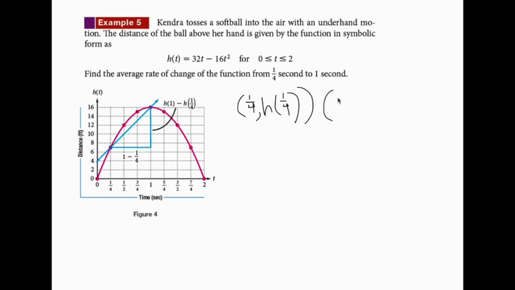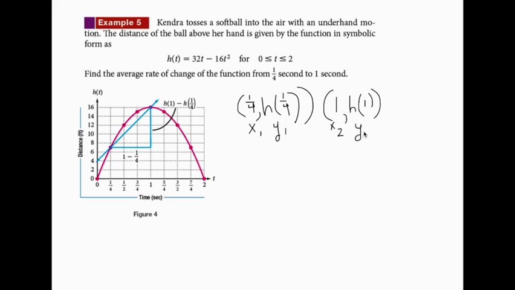Our second ordered pair, we start with our input or our independent variable as 1, and then our dependent variable or the output is h of 1. This is going to be like our x1 and our y1, and this is going to be our x2